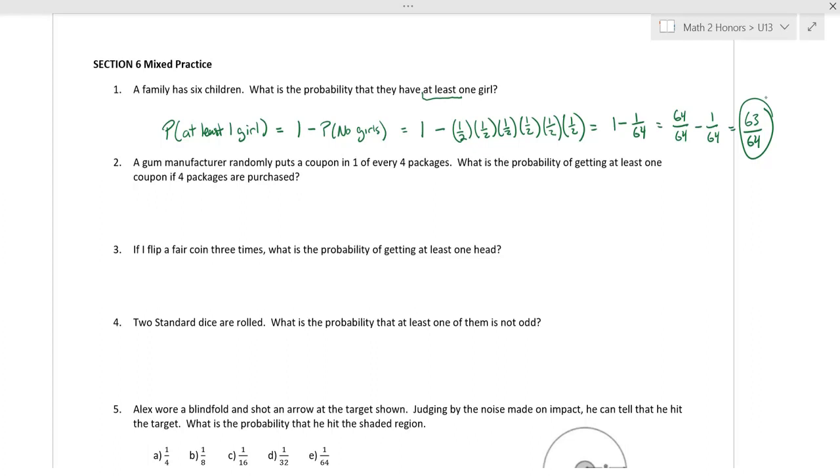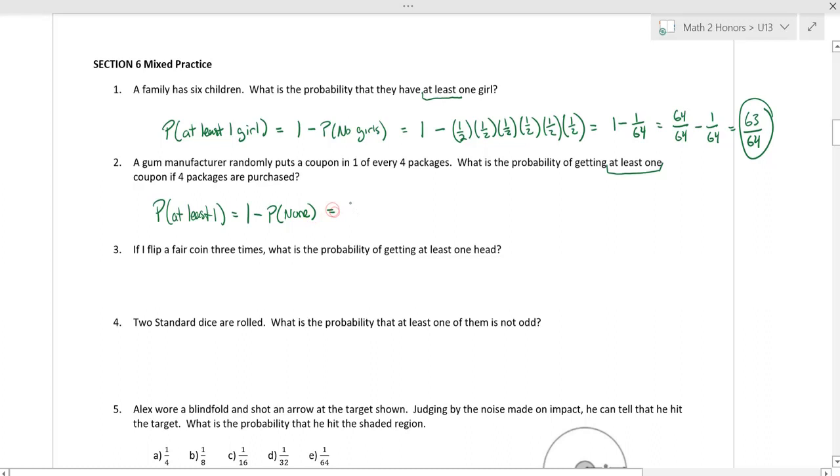Number 2, a gum manufacturer randomly puts one coupon in one of every 4 packages. What is the probability of getting at least one coupon if 4 packages are purchased? Okay, so again, the probability of at least 1 is 1 minus the opposite of that, 1 minus the probability of no coupons, or 1 minus,